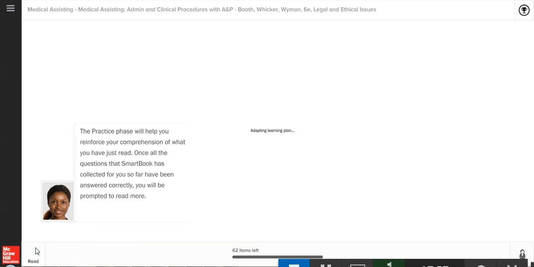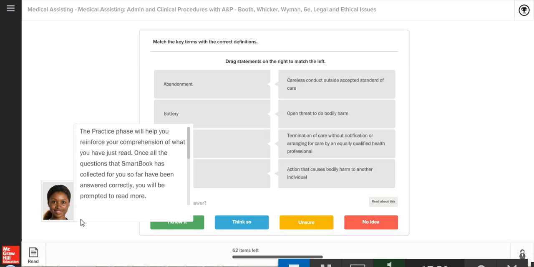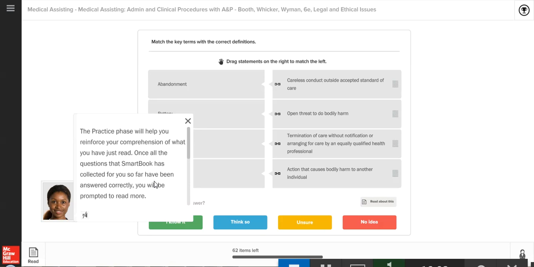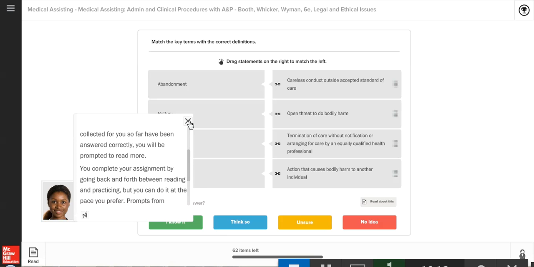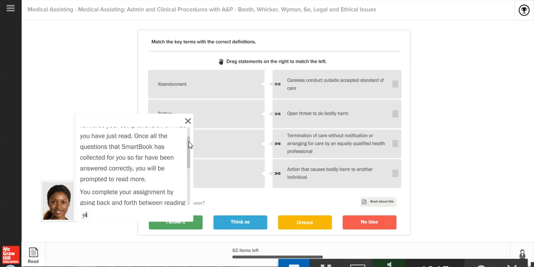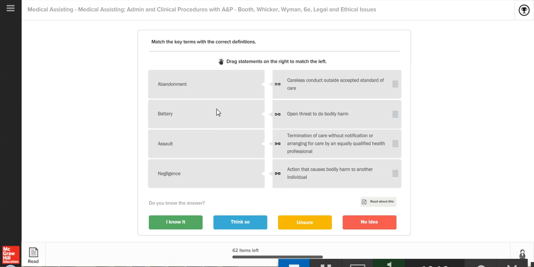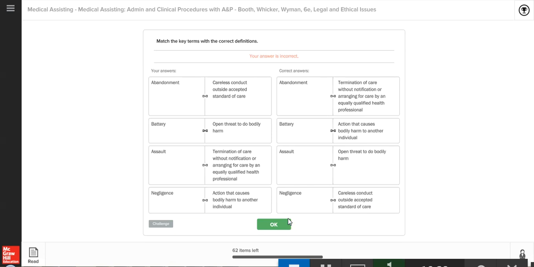Let's see what this practice dealio is. All right, so this is reinforcing comprehension, which you've just read. I would equate this to maybe quick checks in our medical assisting book. After the readings, it'd be very comparable to that. All right, so I read the little instructions here, follow whatever directions here. Do I know the answer? Yeah, I'm unsure. Match the key terms to the correct definitions. Okay,